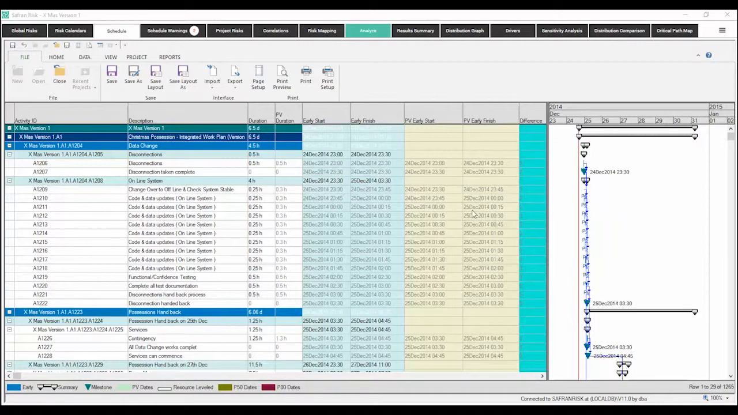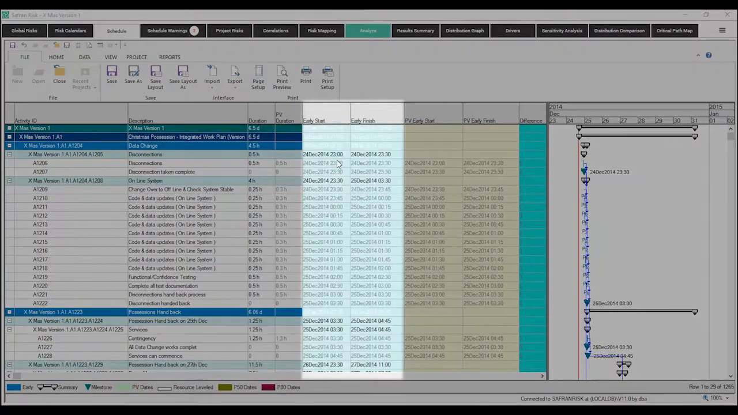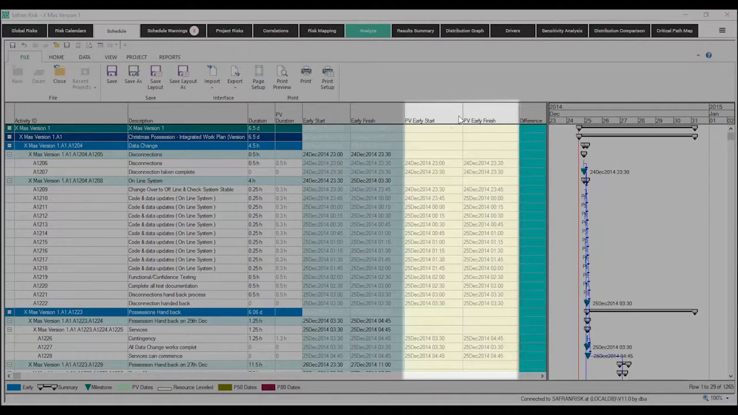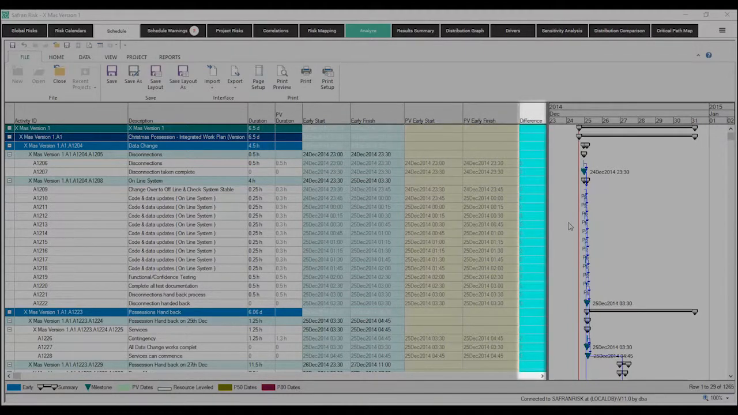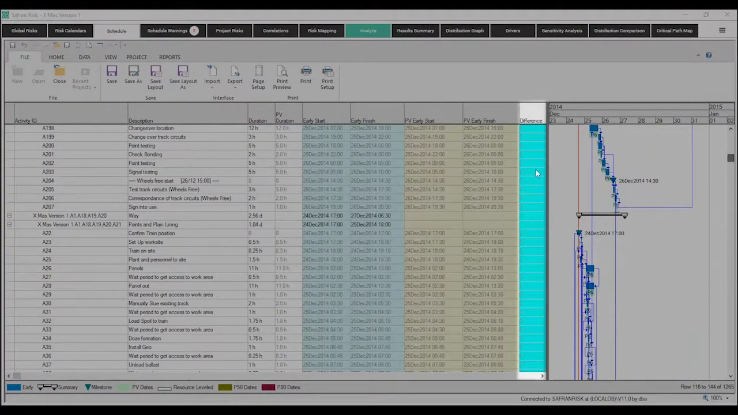In the view we have here, you can see the Safran dates in the bluey color columns, and also, in this case, the Primavera dates. Now, to save you having to work out what any differences might be, we have a difference column, and as you can see in this case there are no differences. We can see 0 in all the difference columns